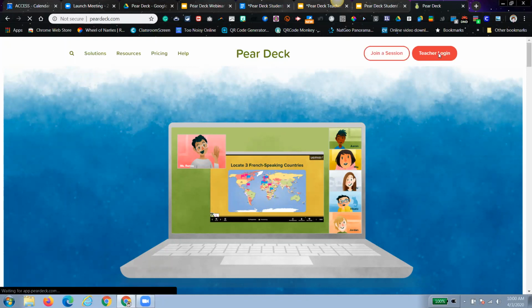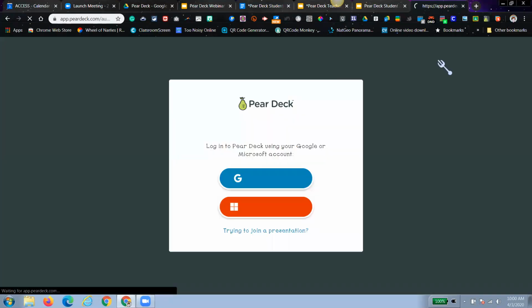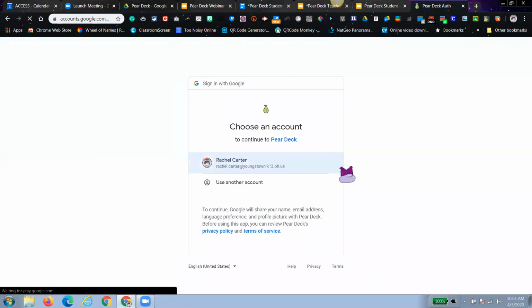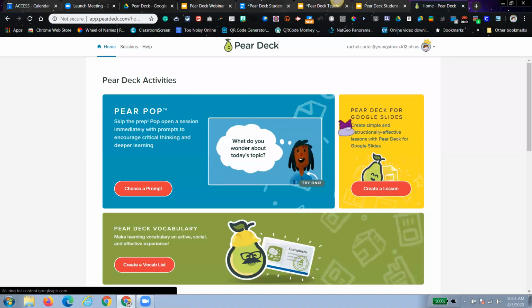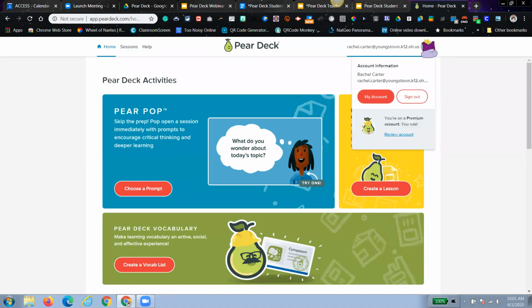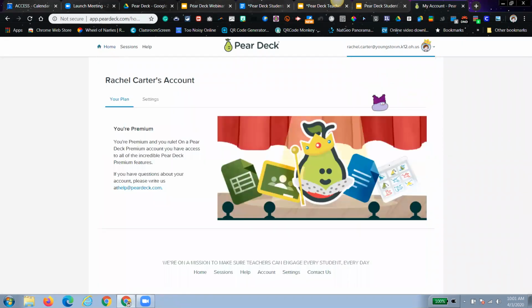So I'm going to go ahead to teacher login and log in with Google. And of course, you have to choose your account. So in order to turn on the Google Classroom integration, you're going to click on yourself up here. And you see how it says My Account? If you click on My Account, and then where it says Settings,